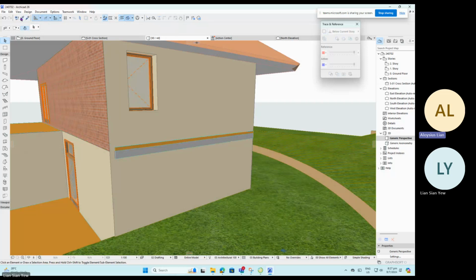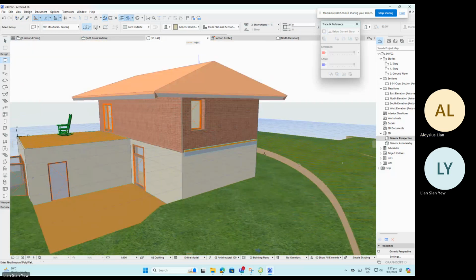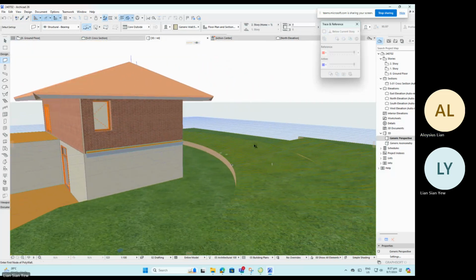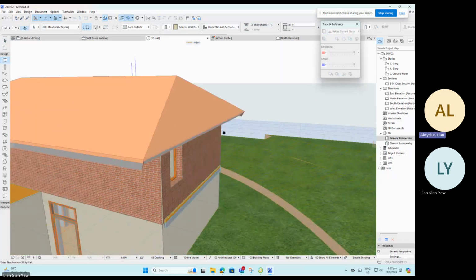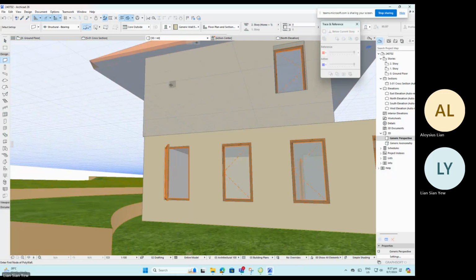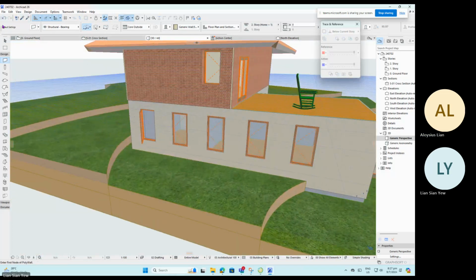Now, what you can do after you are satisfied with this generic wall with a custom brick override finish, I can use the same workflow again. I can use the eyedropper tool, and then now I inject here. Okay, and then now I will inject this face and also this face. Okay,